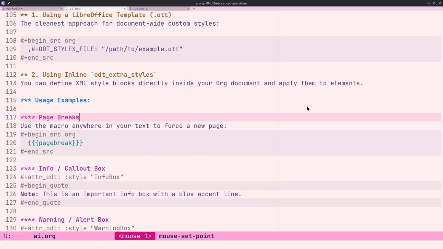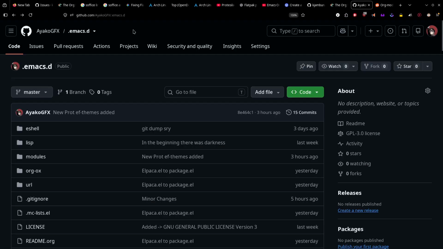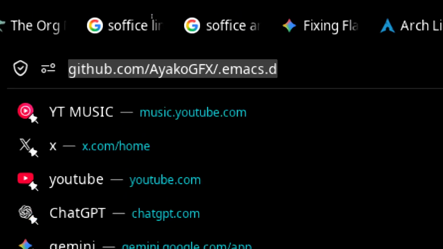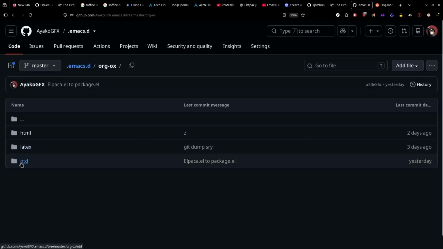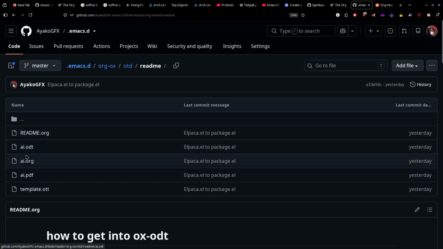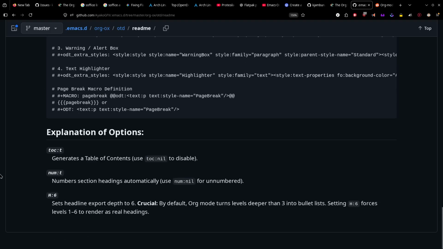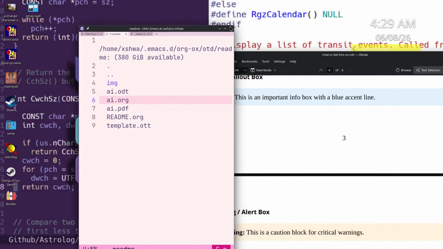To get this ai.org file, you can go to my GitHub. You just type capital A, capital GFX, KYAKO GFX dot tmx dot d. Come here, go to org, ox, OTD, and then maybe readme, and then ai.org. Here is that. That's how, man. It seems simple, but it's also complicated in a sense that